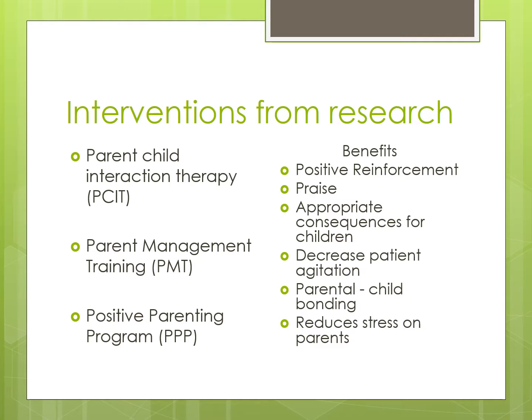So the first intervention group that was included in the article includes the help of the parents. These interventions are parent-child interaction therapy, parent management training, positive parent program. These interventions help parents learn how to use praise and positive reinforcement more effectively, as well as consistent consequences when the child does not comply with instructions. The goal of these interventions is to decrease disputes and tantrums, improve parent-child interaction, and reduce